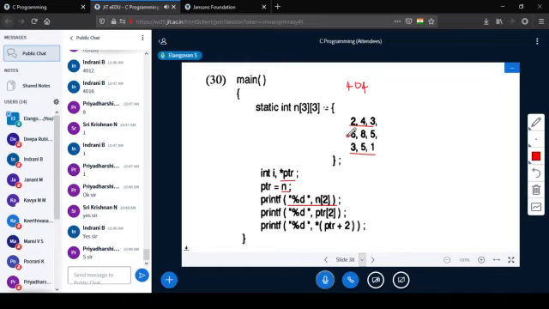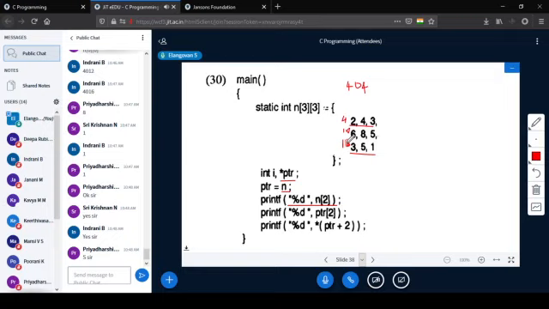410. 410 is the starting address of this. 10, 12, 14. And here it is 16, 416. Then 416, 18, 20. Right? What will get printed here?